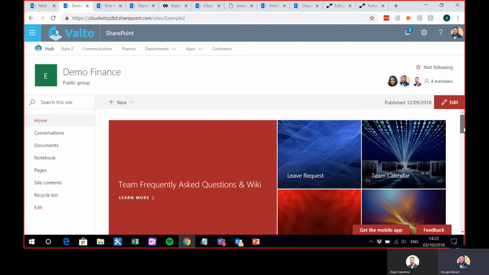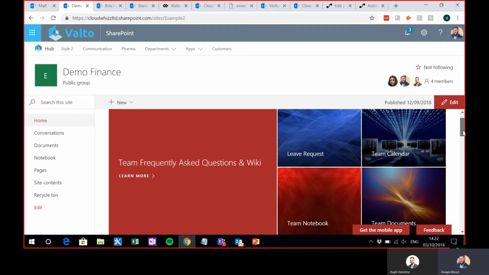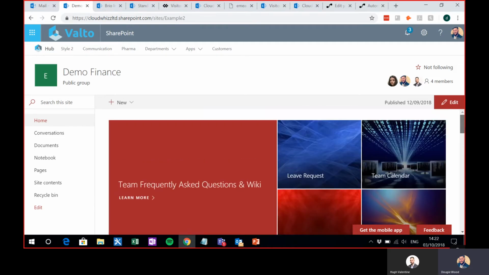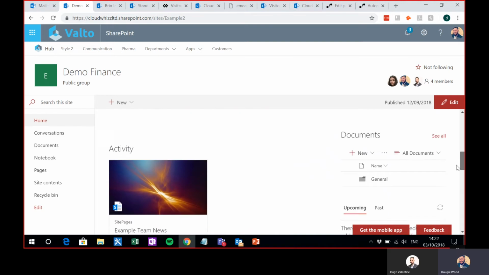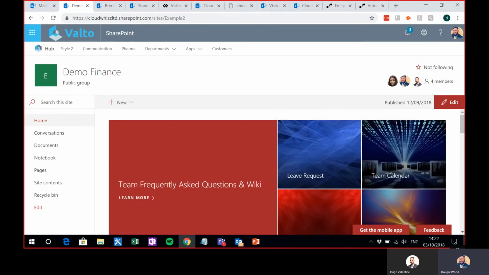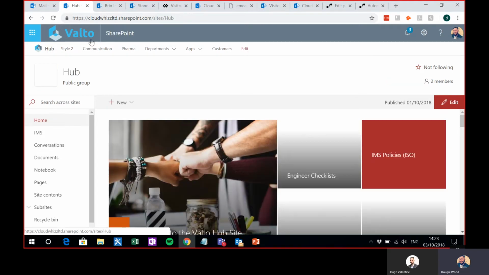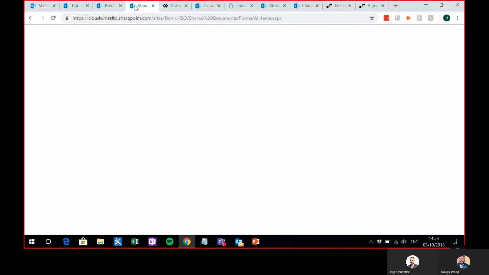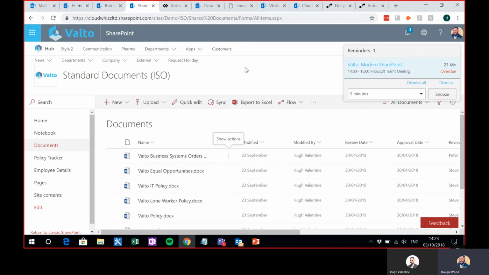Essentially, though, the home page can be exactly the same as a hub site, where we can have news, links, quick links, documents, and general activity that's going on for the finance team. Just going back to the hub site,